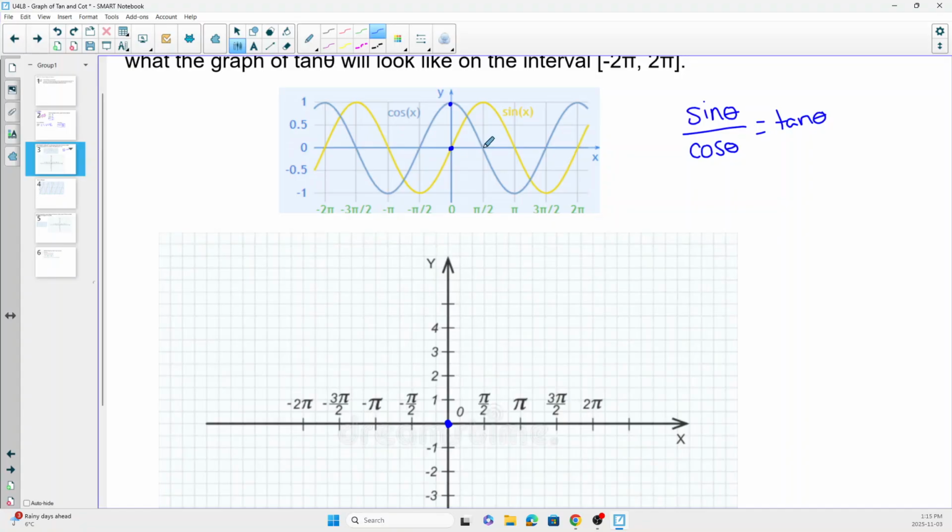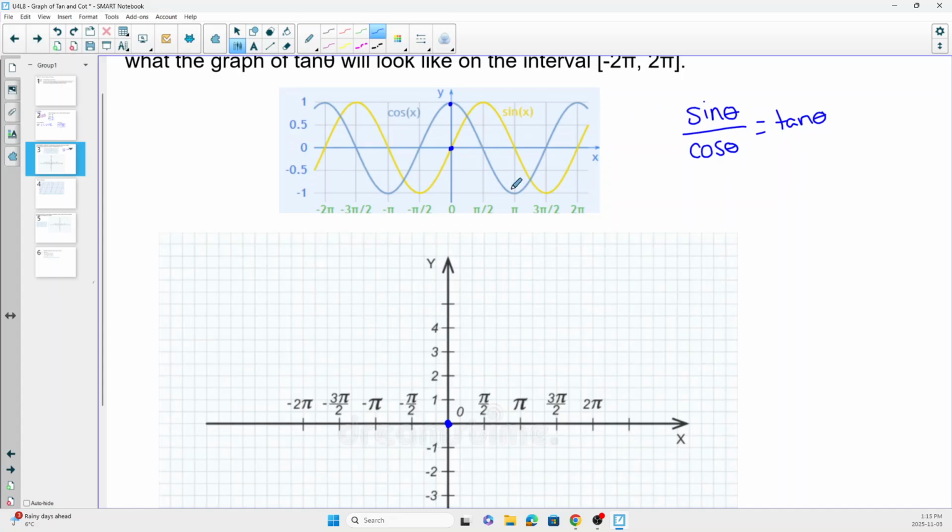Let's move forward to pi over 2 and see what's going to happen there. We're going to have sine, which is 1, divided by our cos value, which is 0. Well, 1 divided by 0 is always going to result in an error. We cannot have that. And therefore, what we learn from rational functions is anything that makes the denominator equal 0,